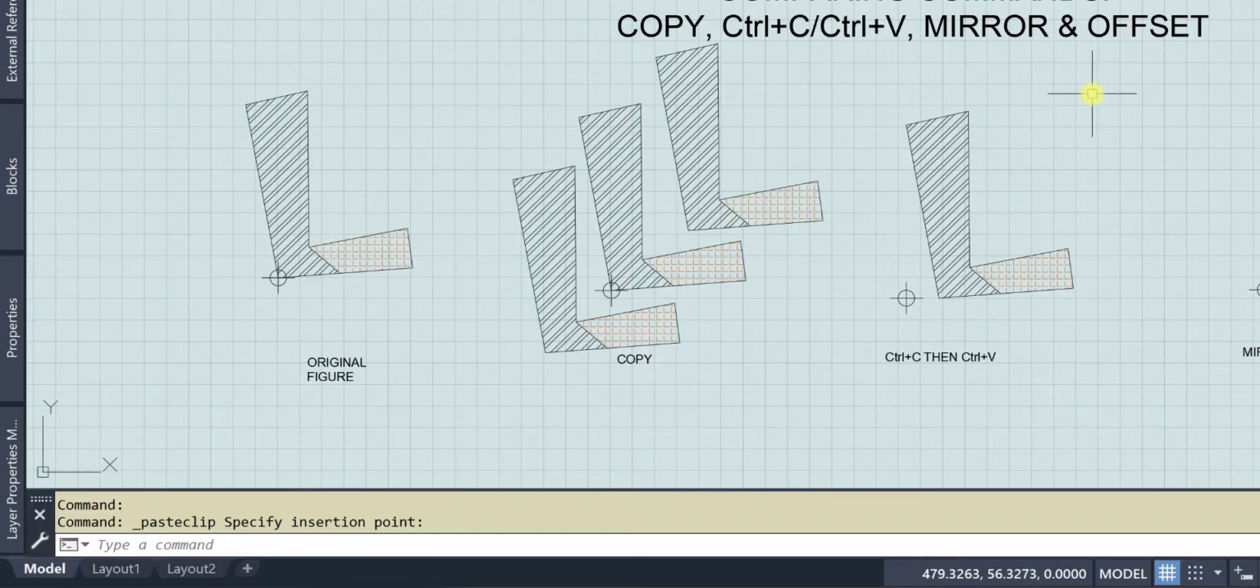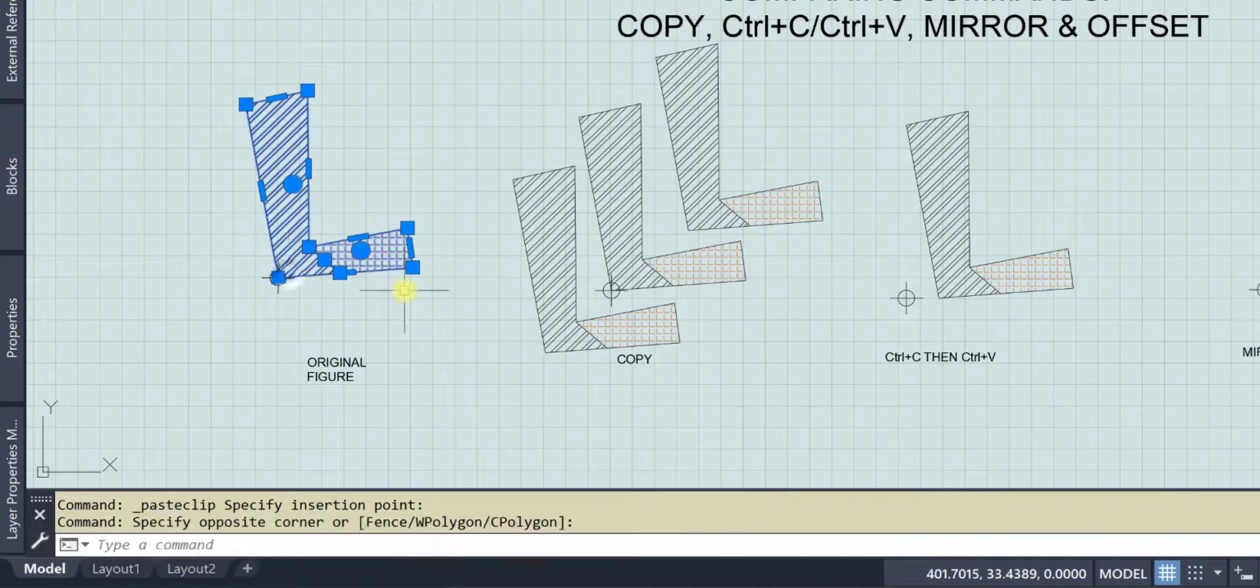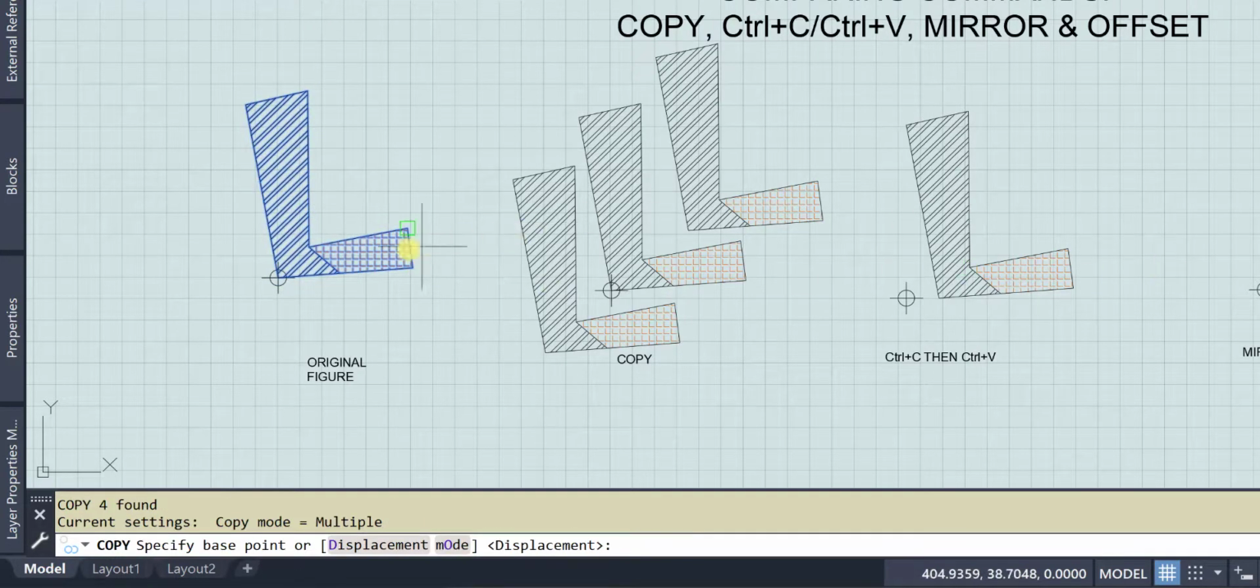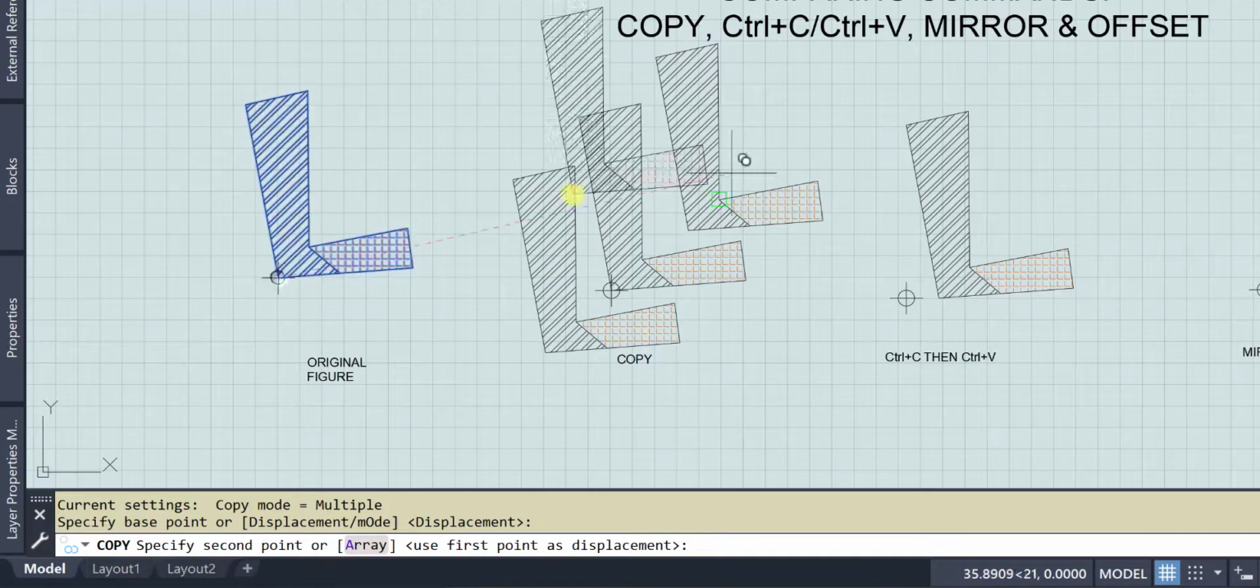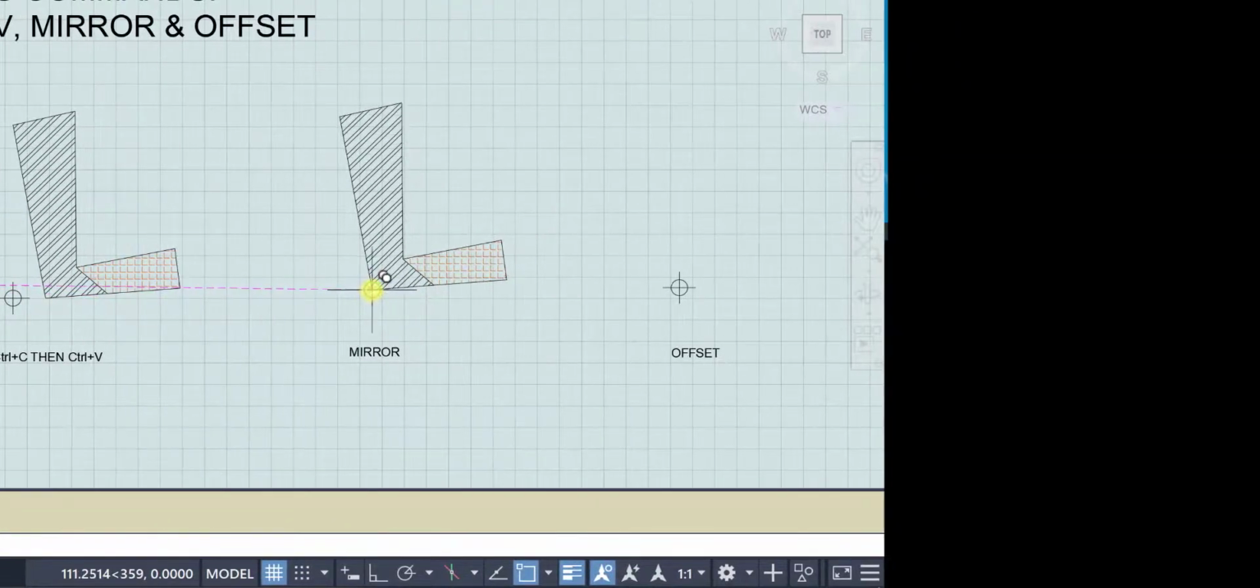So that's very important. So Ctrl+C, Ctrl+V is great if you don't care exactly where things need to line up. The copy command itself helps you when you need to place the copy precisely. All right, so let's go ahead and copy this. Here's my base point. I'm going to move it over to this spot marked mirror and hit escape,